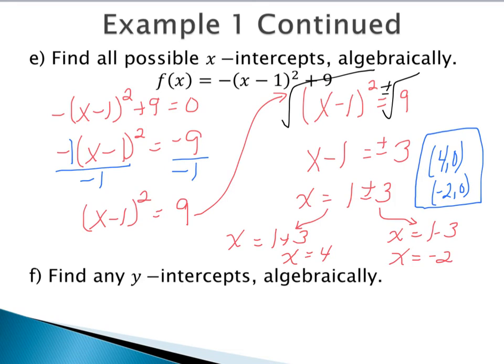Your y-intercept should be a little bit easier to find since we're just plugging in 0 for x. So that means we're doing f of 0 equals negative 0 minus 1 squared plus 9. So you do want to evaluate it. It's not necessarily just that plus 9 at the end, as we had in the ax squared plus bx plus c form that Professor Messenger showed. We do want to simplify this using our order of operations. So inside the parentheses we would have a negative 1 squared with the negative still out in front and the plus 9.